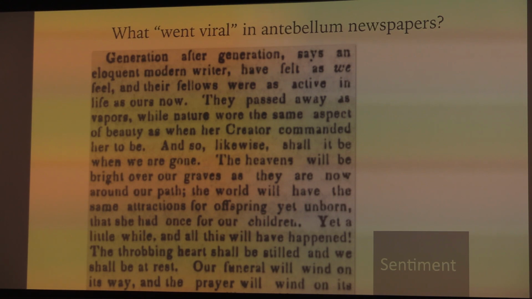Lots of sentimental stories. We know about the sentimental novel, et cetera, during the period. And there are these sort of super distilled 3 or 4 paragraph sentimental scenes that get widely republished, sometimes as truth, sometimes as fiction. And here too, my students often say, well, we don't do that. And I'm like, have you ever seen the internet? Like the videos of soldiers coming home, the videos of whatever it is that's supposed to make you weep, right?